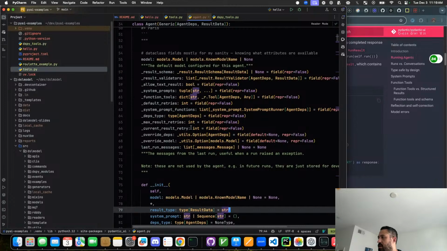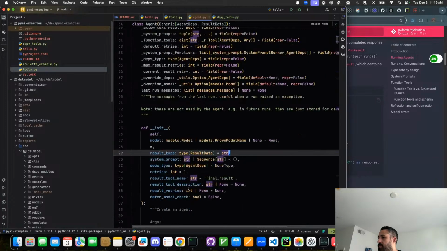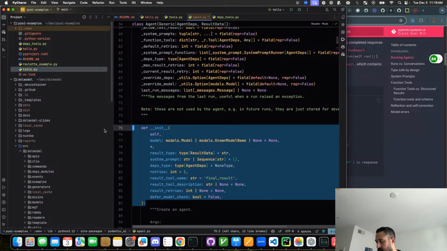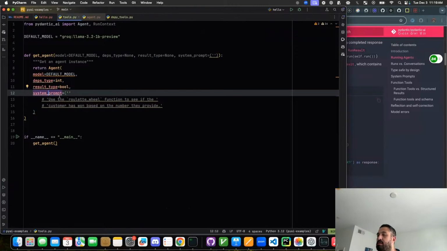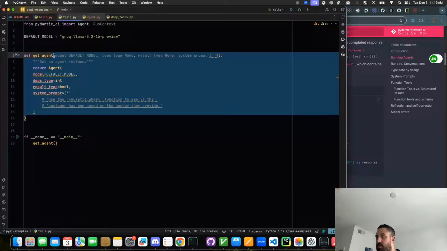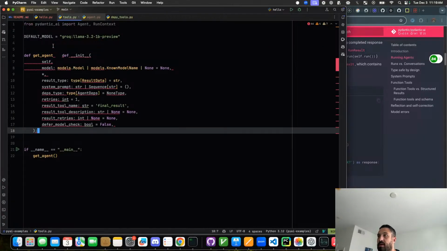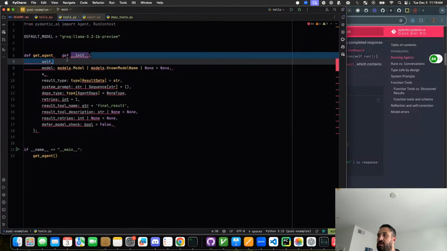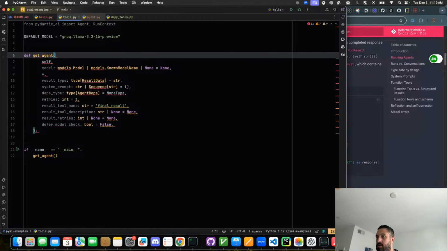It's interesting how this works. But basically, we can just take this, right? And we're making it our get agent function. But we're adding the default model. That's why we're doing it this way. So we're just saying get agent is this,